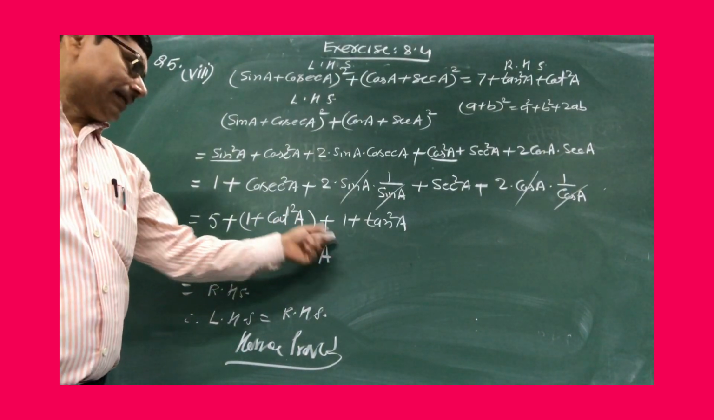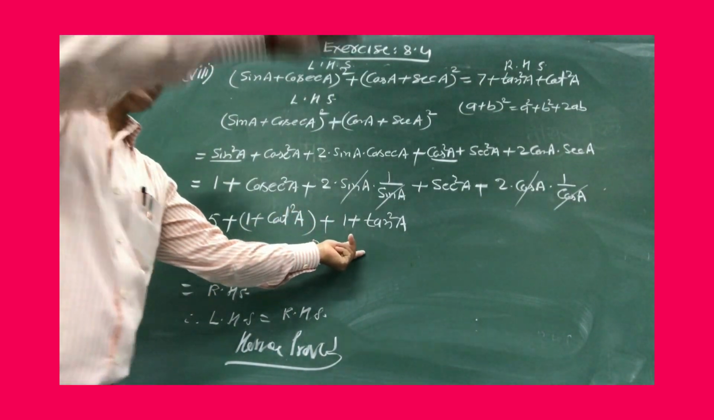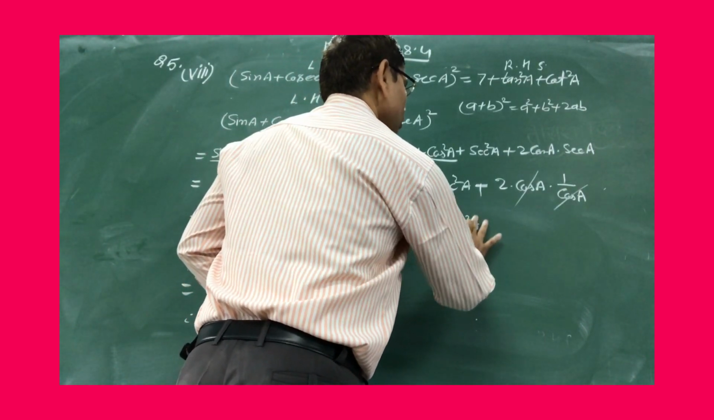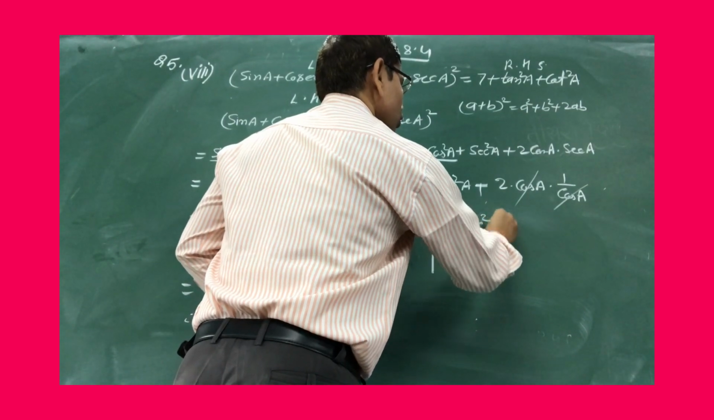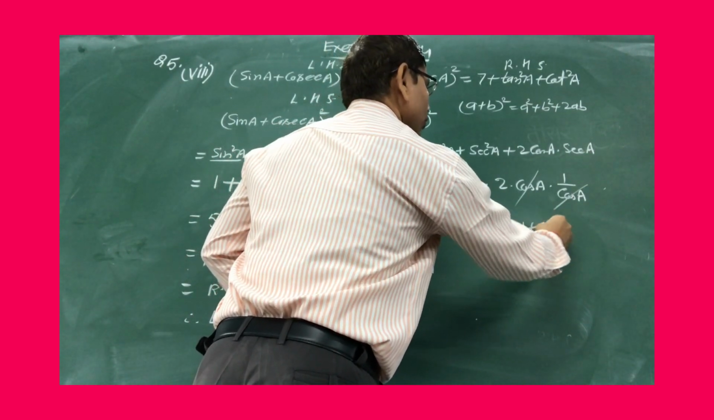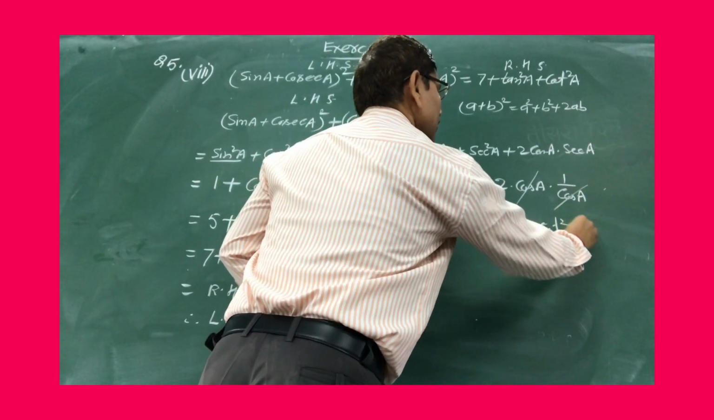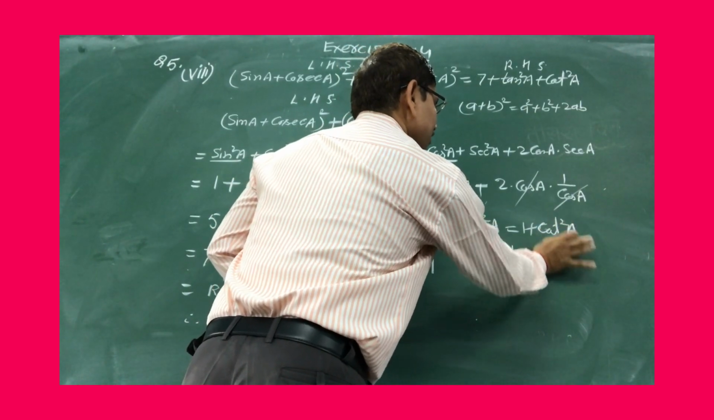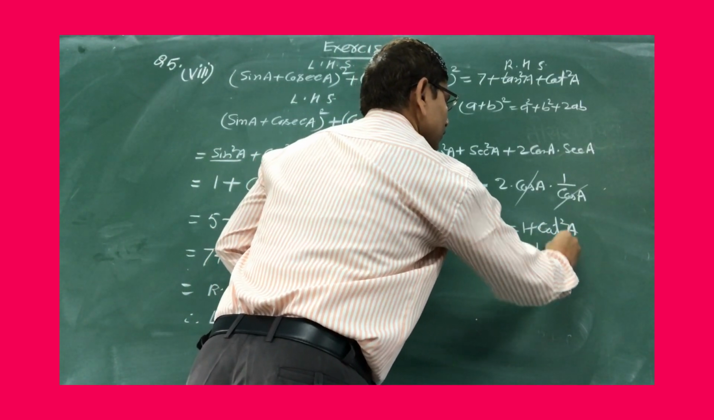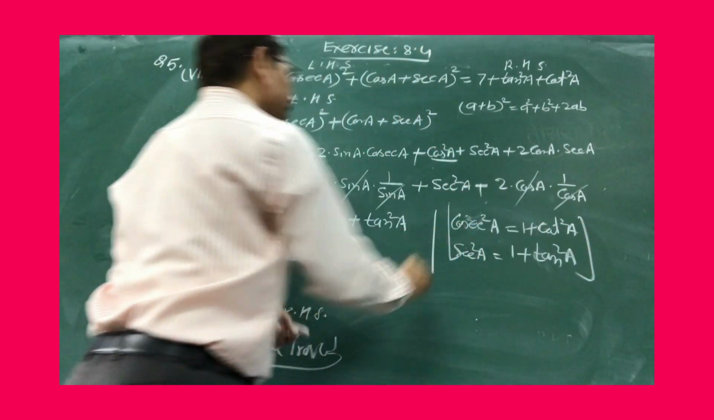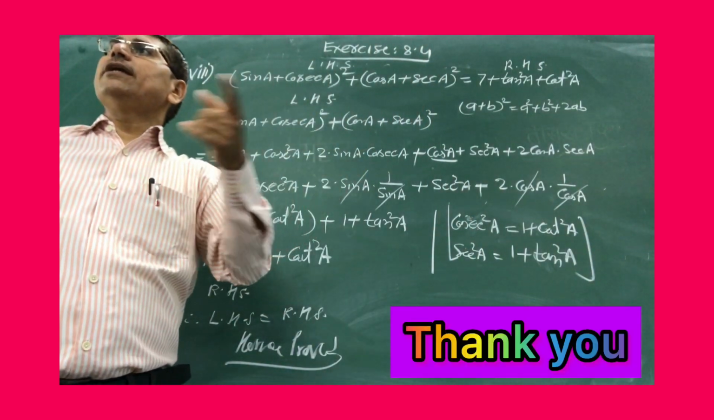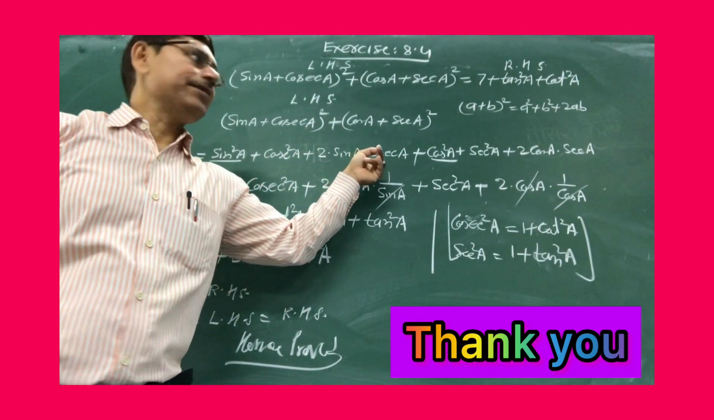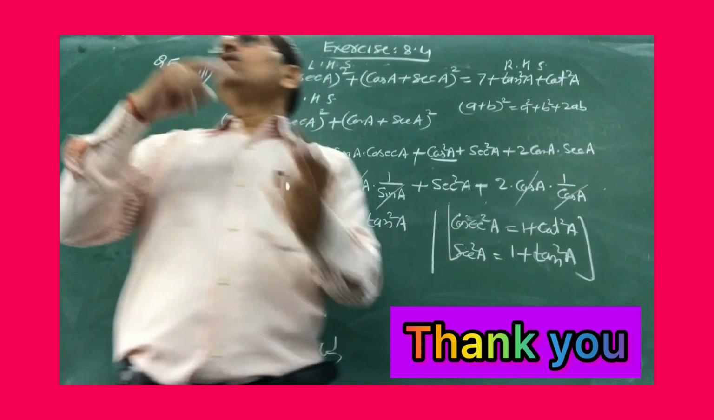But keep in mind that here you use another identity, that is cosec square A equal to 1 plus cot square A, and sec square A equal to 1 plus tan square A. So these identities you will use here, and also sin square A plus cos square A equal to 1. Another identity, cosec A equal to 1 upon sin A, and sec A equal to 1 upon